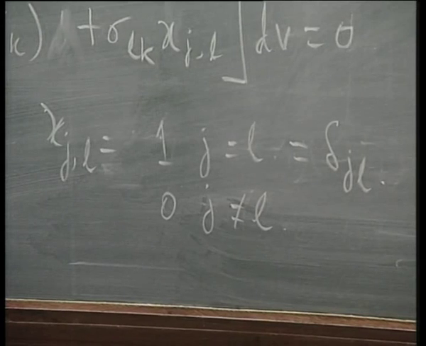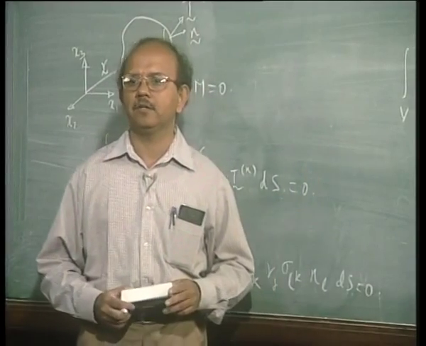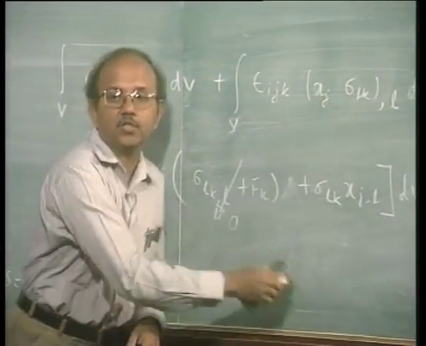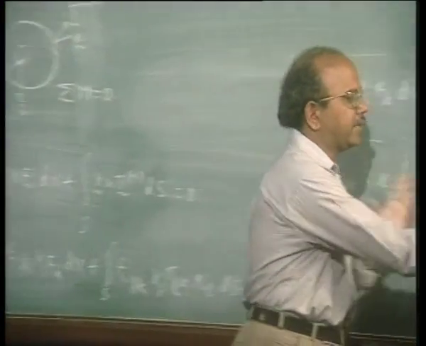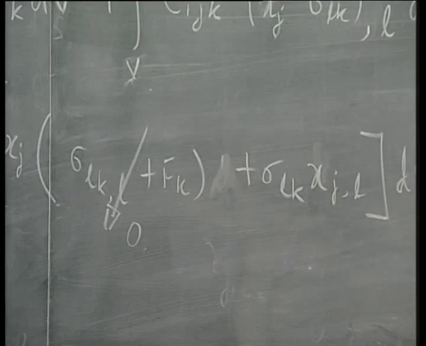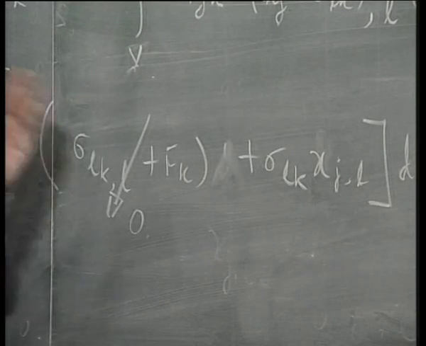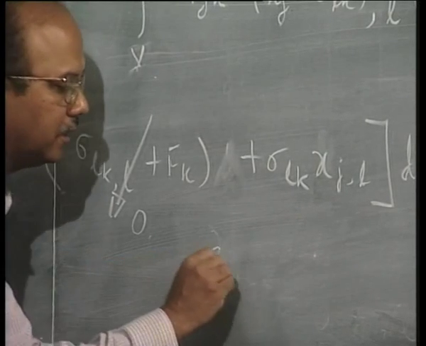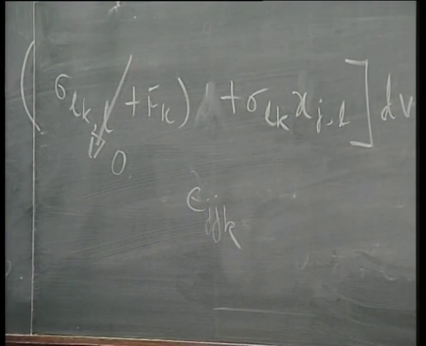Okay. So extending my same argument from the last derivation, this term which is inside the bracket has to be independent of the volume which I am considering. This term inside the bracket has to be equal to 0. So what will I get out of this? I will say that epsilon ijk sigma,